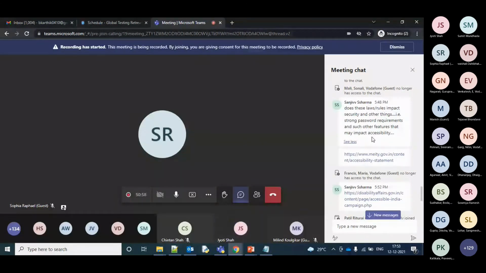So yes, Sanjeev, just to answer your question, whenever it comes to security, right? As I told you about forgot passwords, if people are not able to get their passwords right, whenever they have a low literacy rate and short-term memory, then security impact is also considered. And while keeping a strong password or a weak password, we should be able to give them an option based upon their specially abled requirement.